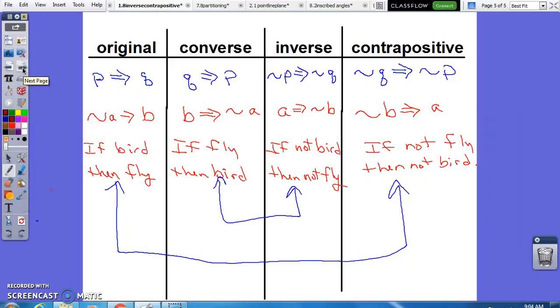Now this page shows you all of those in notation form for a couple of examples. If we just start off, like number one here, we start off with P implies Q, using symbols for those. Number two here, we look at throwing a negation into the original statement. So if I say not A implies B, the converse would be B implies not A. The inverse, so when we negate a negation, it just becomes A implies not B. And the contrapositive is not B implies A. And I have all the bird examples down there as well. So again, the original statement and the contrapositive are saying the same thing. Converse